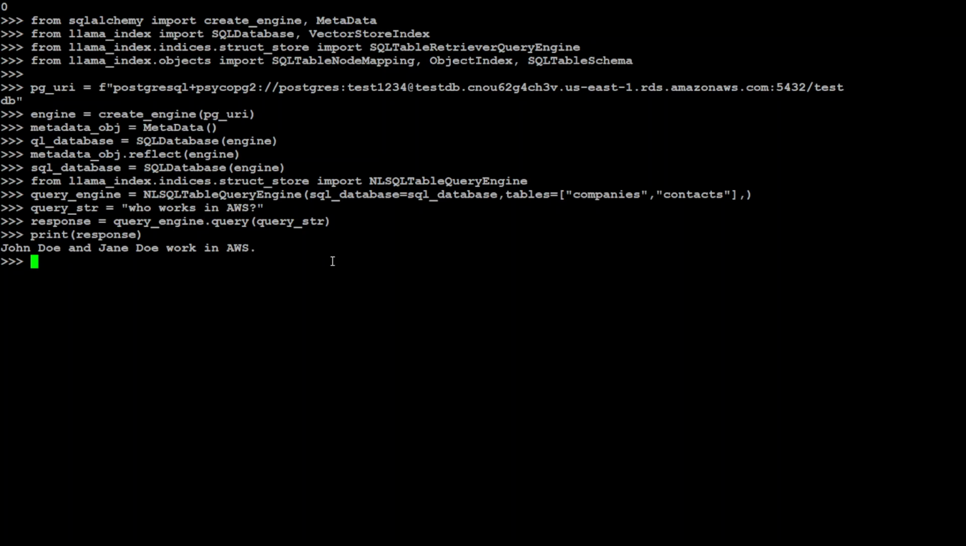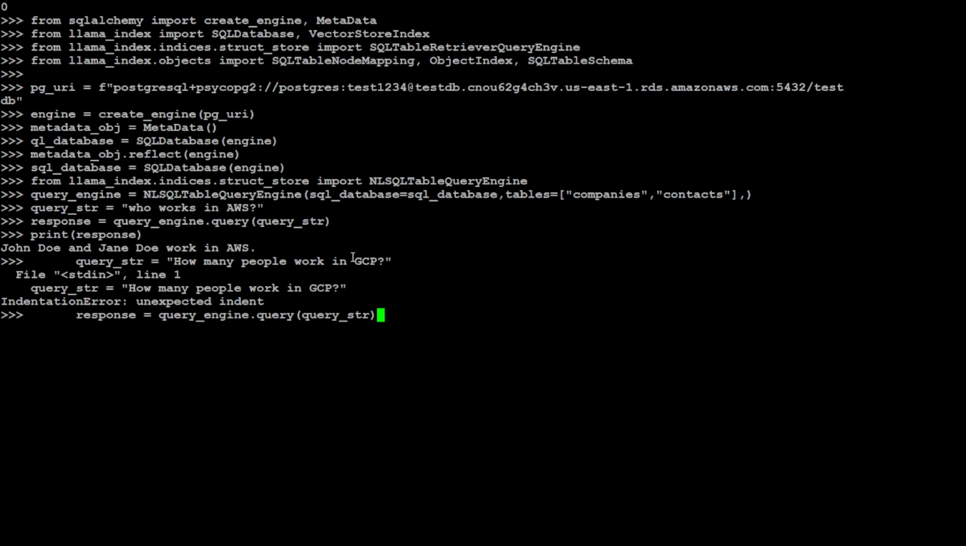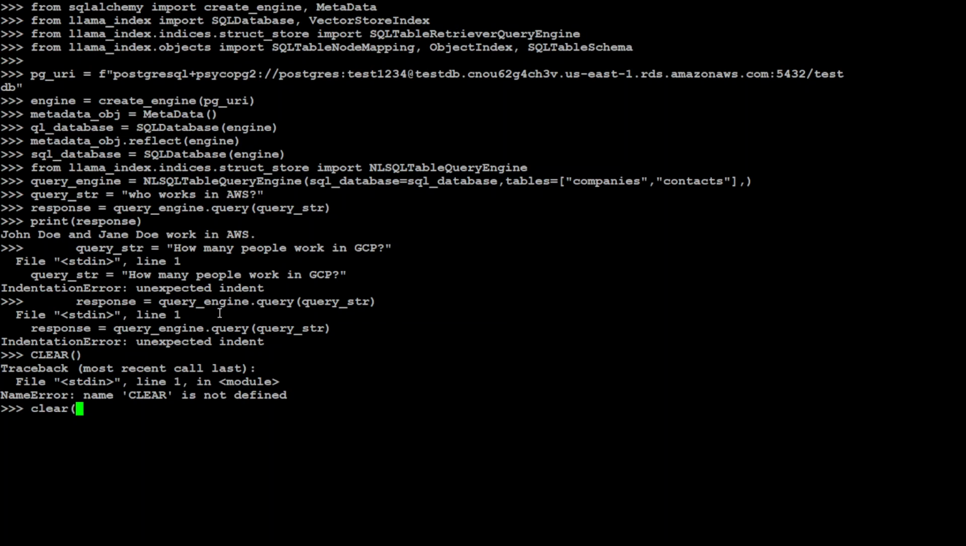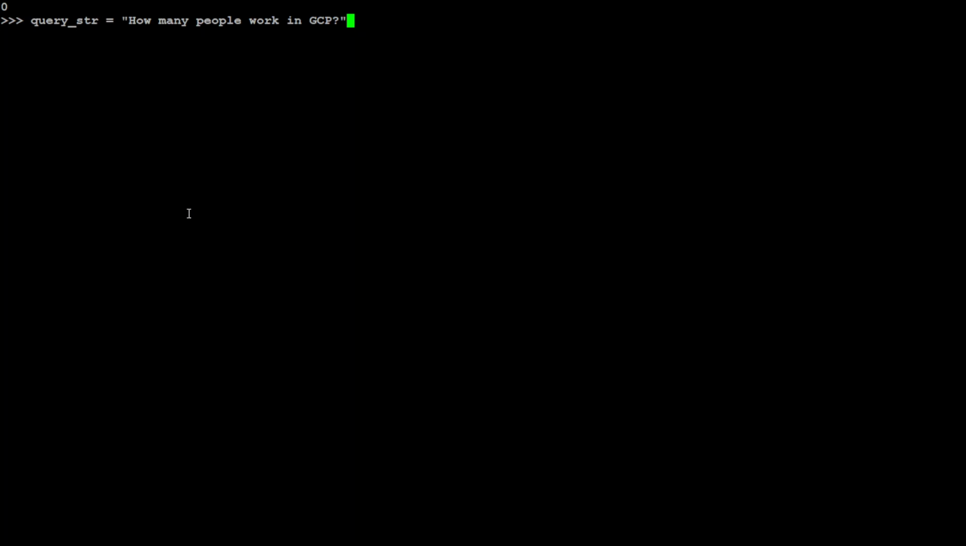Now let's give it one more example, and as I like to push the limit, let me try to break it. Let me clear my screen to make it a bit clearer. There you go. So now I'm asking it how many people work in GCP. Let me send it to the LLM. Let's wait for it to come back. Print the response. There is one person who works in GCP, and if you go to PG vector, you can see that GCP's ID is 3